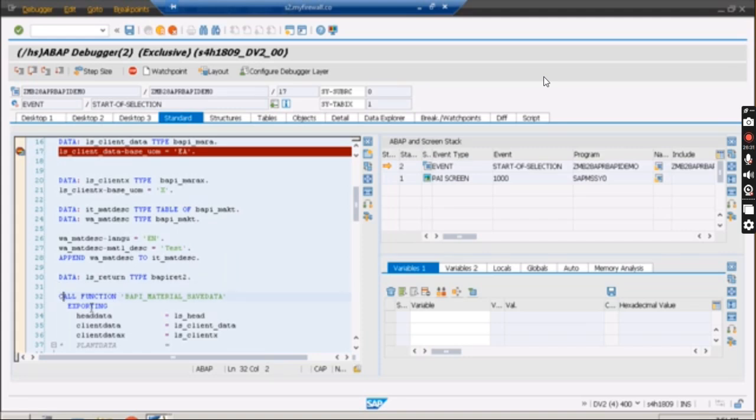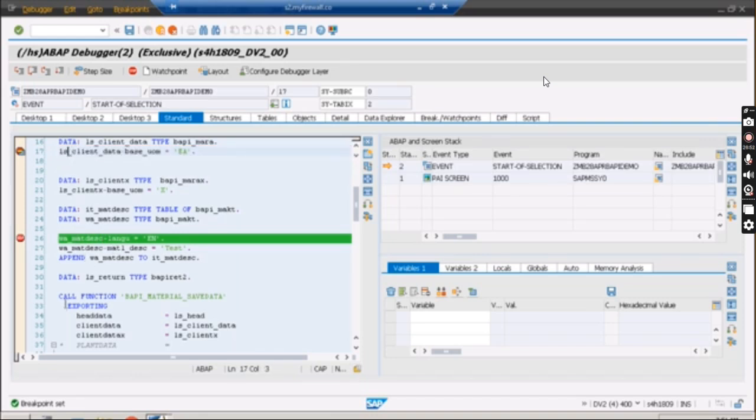For that case, we use Shift F8. You can see that Shift F8 means all those statements have been executed. If you want to test it, put the breakpoint over here, put the cursor and use Shift F8.